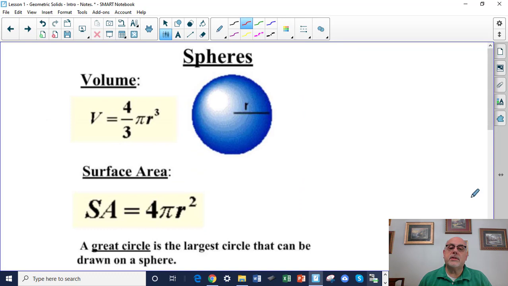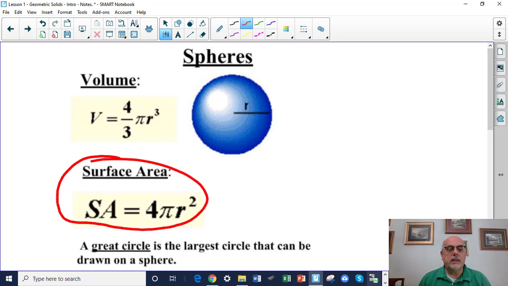And then we have a sphere. We're not really going to be looking at surface area too much. I left it in there in case we come across that. But the volume of a sphere is 4/3 pi r cubed. Okay. The unit of measure